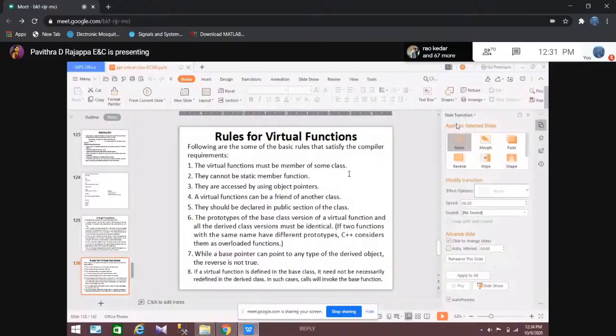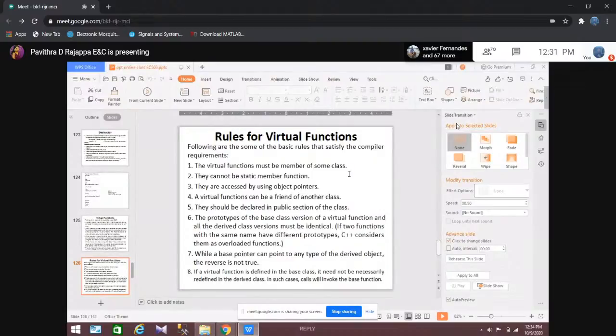A virtual function can be a friend of another class. That is also possible. They should be declared in the public section of the class, similar to constructors.